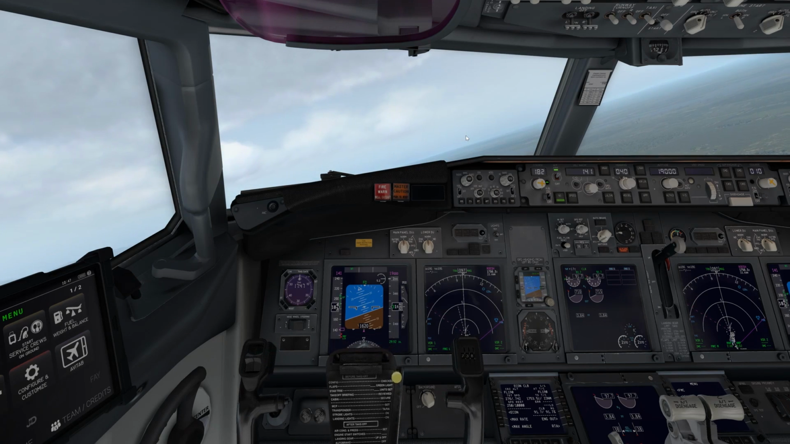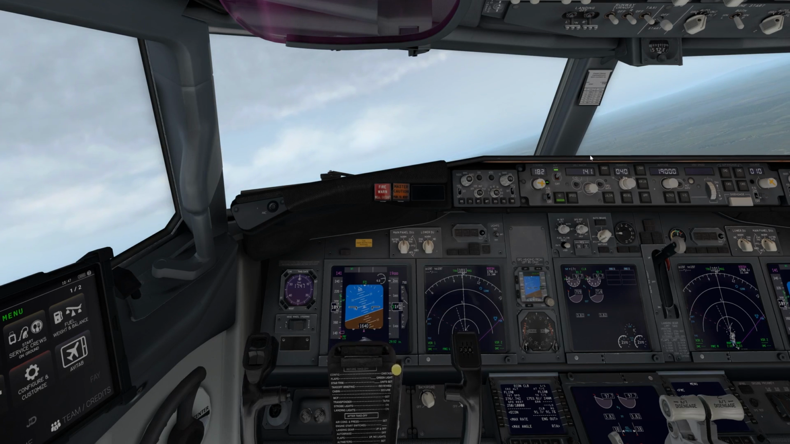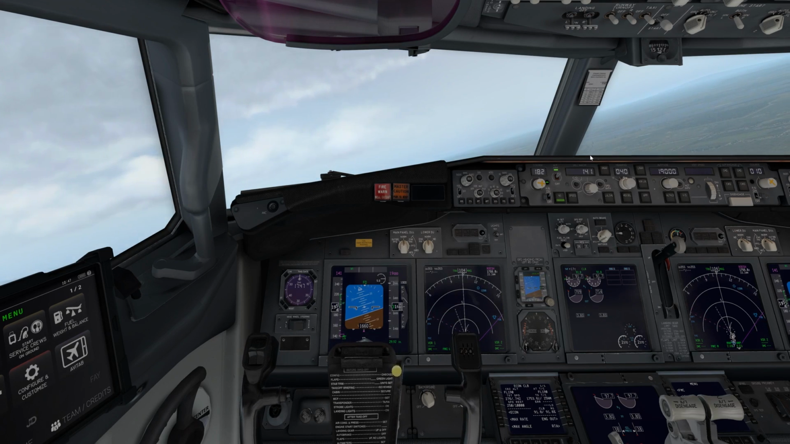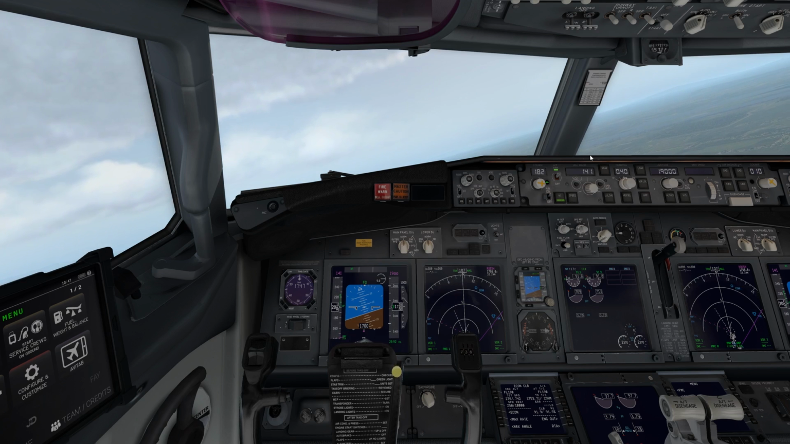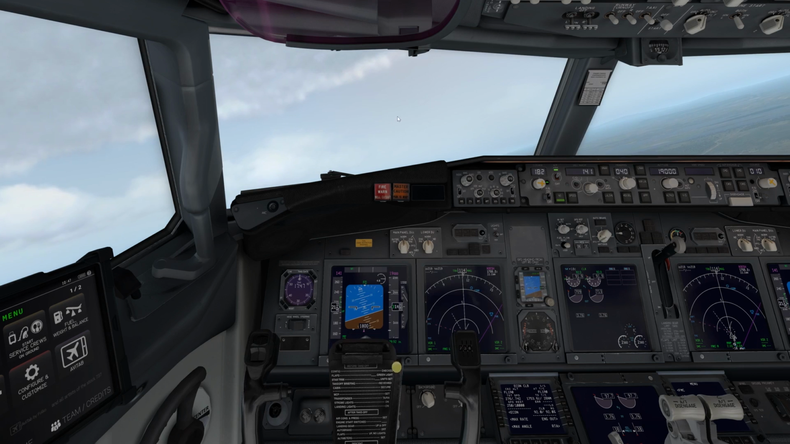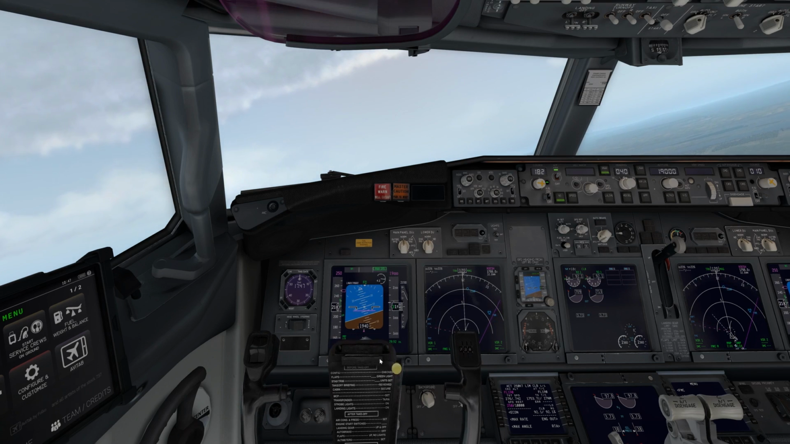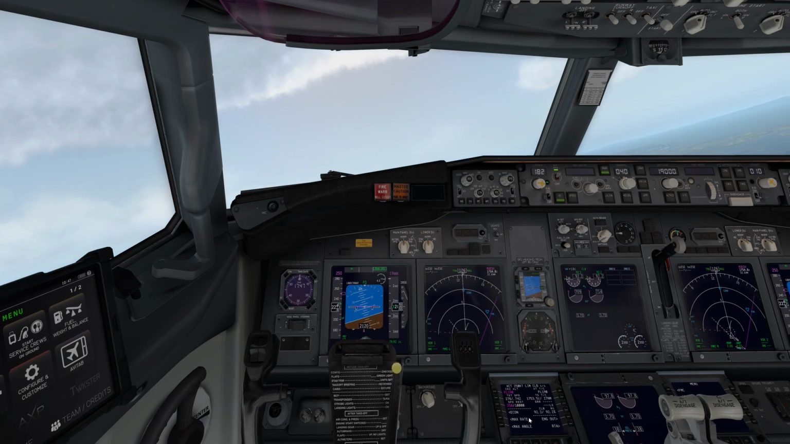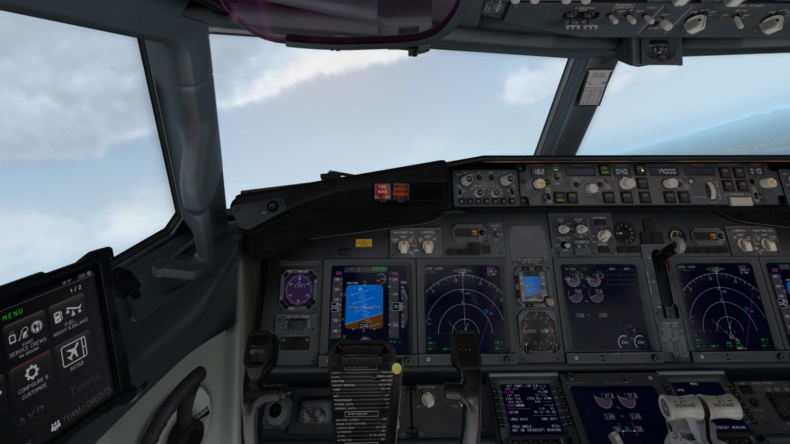Now that we are above 1,000 feet, we can actually activate our VNav and LNav. VNav is your vertical navigation. LNav is your lateral navigation. Lateral is back and forth, left and right. Vertical is up and down. So if we activate VNav, it's going to control our descent and descent of our actual aircraft according to the FMC. If we activate LNav,